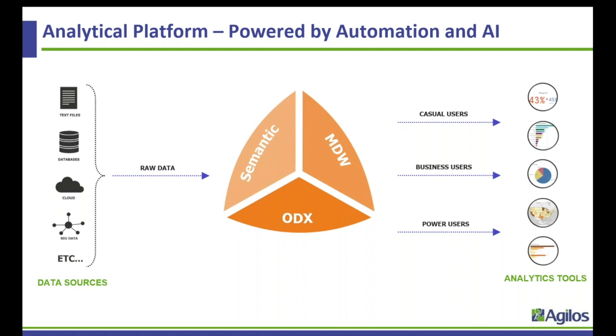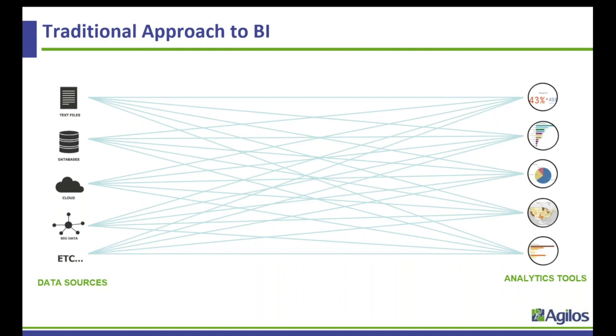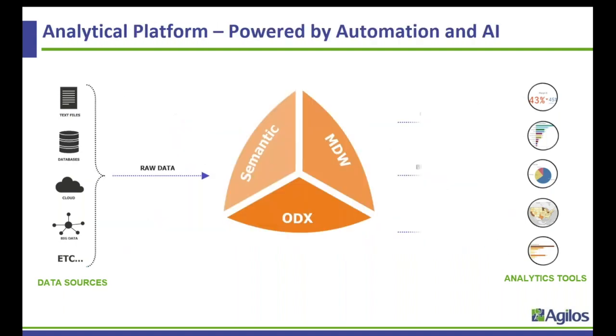And the reason why we separate those things is because they answer different needs. If you look at the bottom one, the ODX, it stands for Operational Data Exchange. It's a place where you put together the raw data so that the power users that were previously accessing the data through this maze that you find here can still work in the same way, the power user, by connecting to the ODX. So it's an exact copy of the underlying data. But of course, then you start to cleanse the data, to make it available,